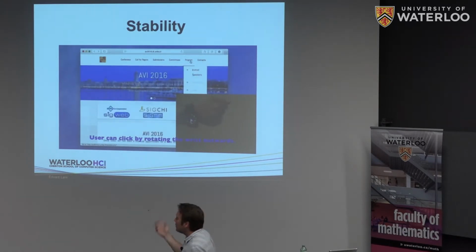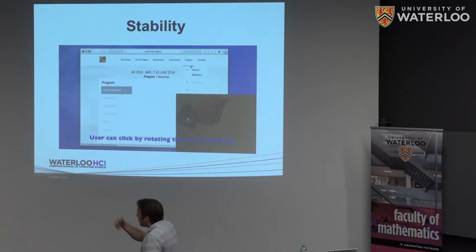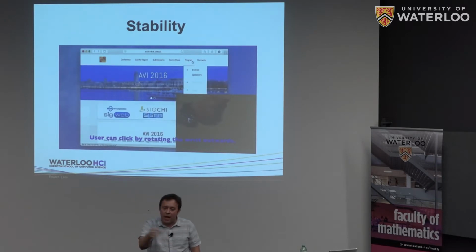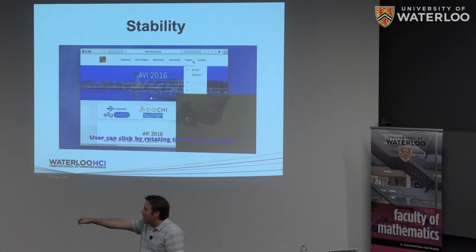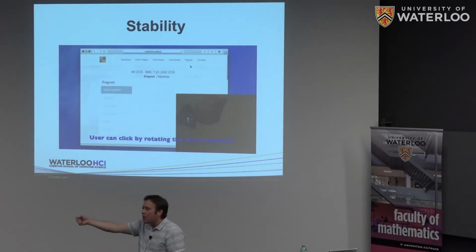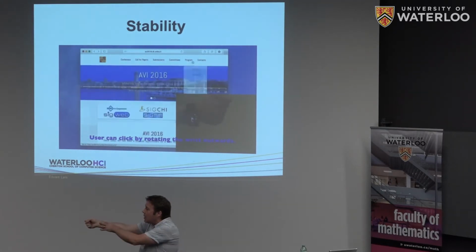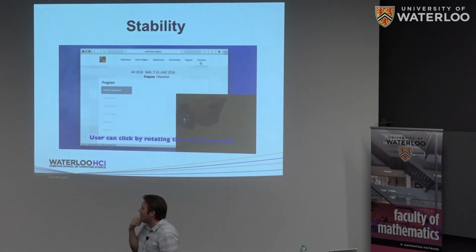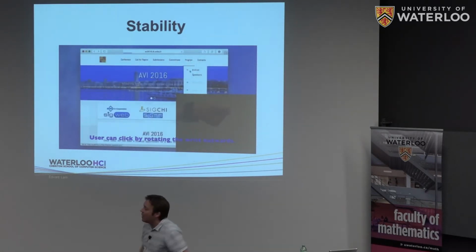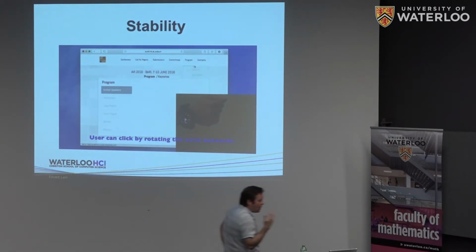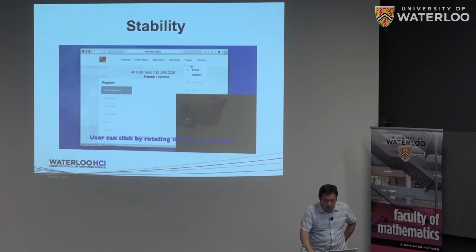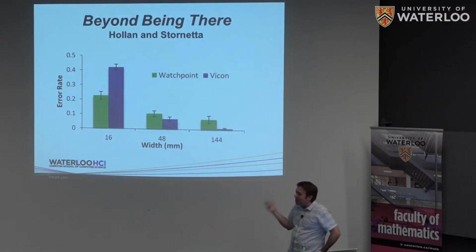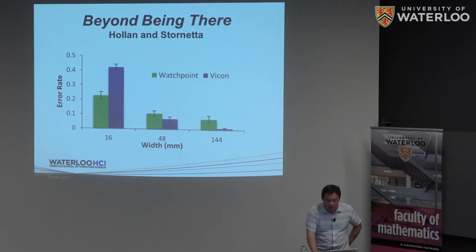But if we know that, those of you who know my past work know I did a lot of work on endpoint prediction and things like that in user interfaces. We can actually figure out when a user's slowing down and working to acquire a target. We can look at the click action that they perform, model it as a characteristic action, and we can backdate the click to the point where it actually makes the most sense so that we lower the error rate significantly. And so, this is an example of what we've done in terms of comparing to the real world. And it picks up that theme of beyond being there that I was talking about.